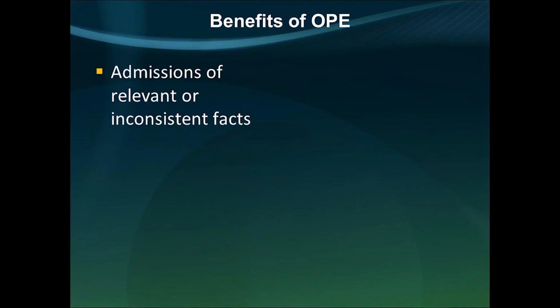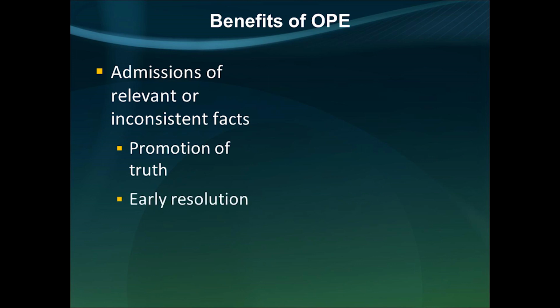Starting with opportunities, and again from the offensive discovery perspective. First and foremost, these materials may contain admissions of facts that are directly relevant to the present case or are inconsistent with positions being taken now. Evidence from other proceedings tends to promote truth. What a party says about something before it becomes a controversial issue is typically more honest than after it has become controversial. For this reason, evidence from other proceedings can also facilitate early resolution of the case sometimes.